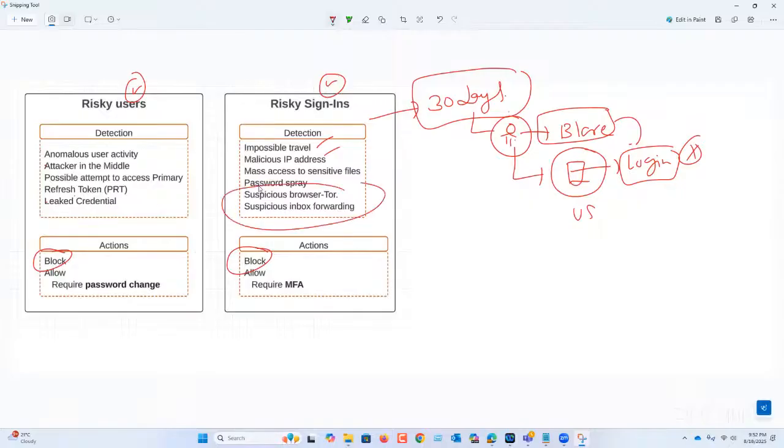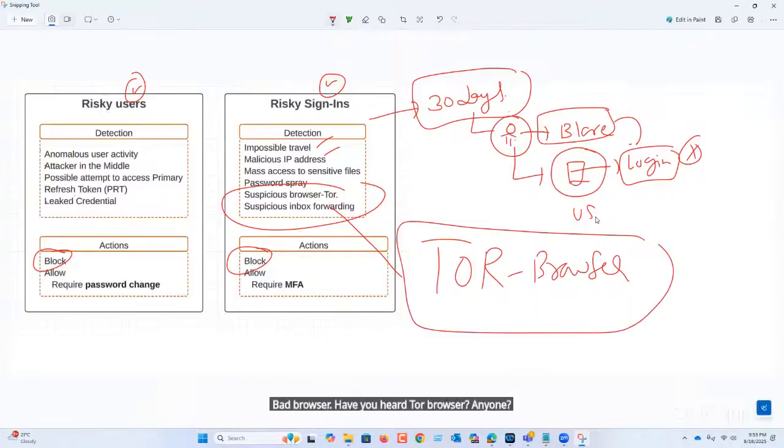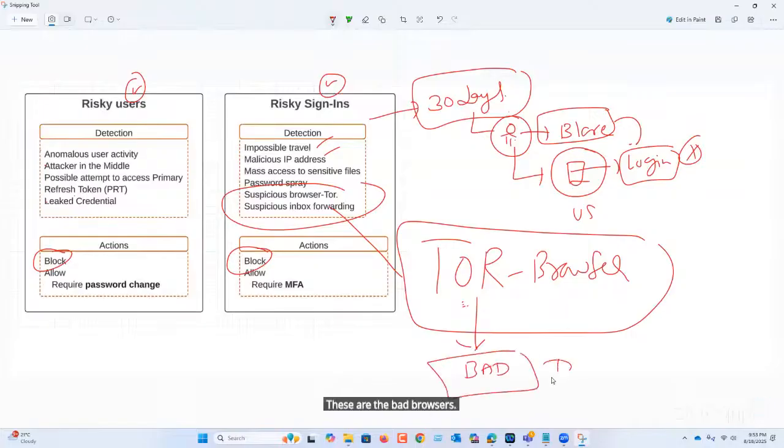bad browsers. Have you heard of the Tor browser? Anyone? Yes, I have heard. Okay. This is not a regular browser like Edge, Chrome, Mozilla. These are the bad browsers or dark web browsers. So if you try to access anything from a Tor browser, it hides your identity.